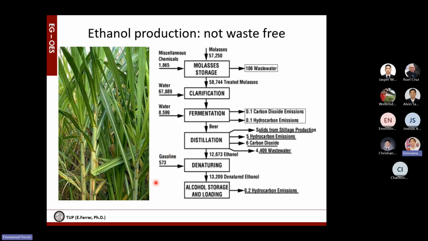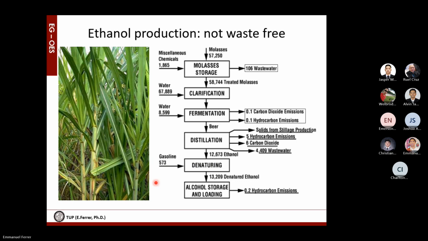That's why in the Philippines, our gasoline is actually, what is it, E10, no? Or E50. It's actually E10. I'm not sure if it has been raised. So that means 10% of the gasoline that we use is ethanol, denatured ethanol. Okay? So it's 10% mixed with gasoline, and that's what we actually buy from the